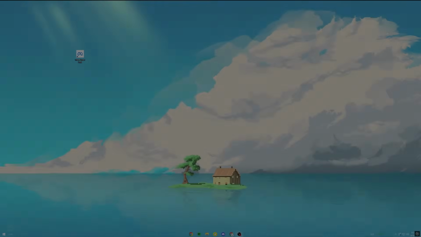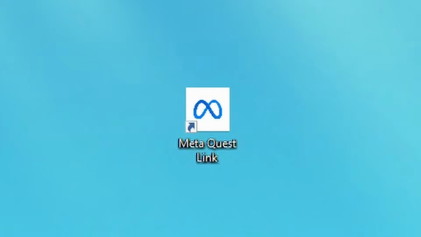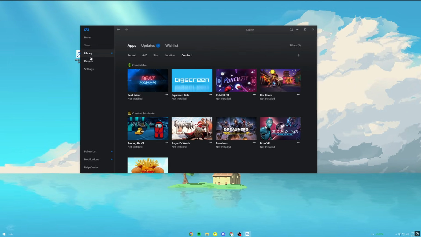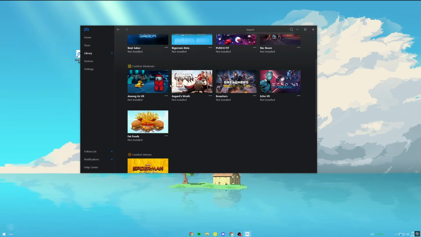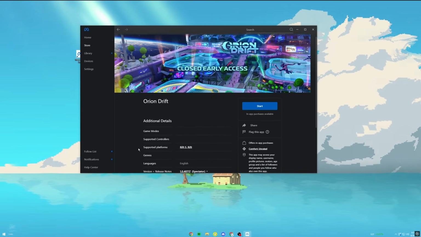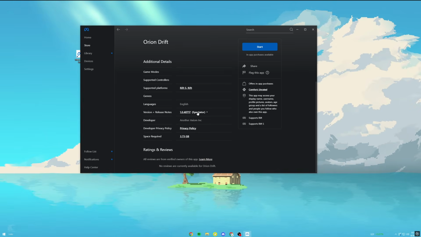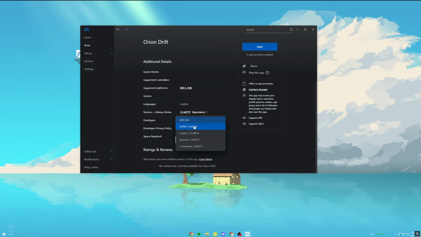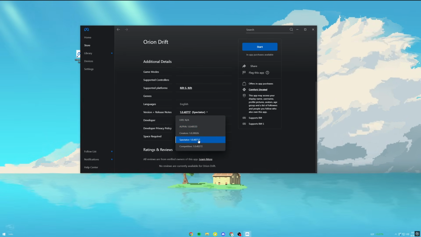Let's get into it. First, you're going to want to have the Meta Quest Link app installed on your computer. Once you sign into your account, you're going to go to Library, then scroll down to Orion Drift. You're going to click on the Orion Drift words to bring up the menu. Version plus release notes are going to show you each different game mode, like competitive and the regular live build. Currently it's called Spectator